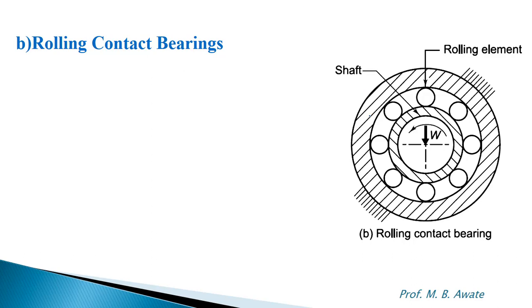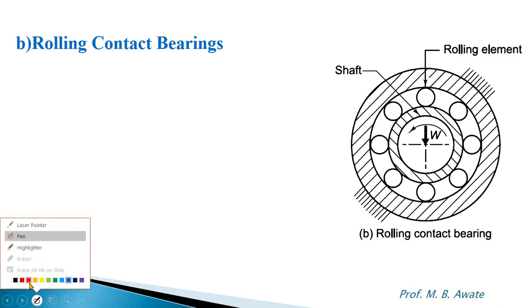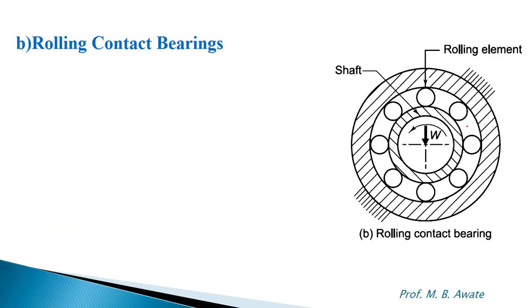So this is a figure of rolling contact bearing, and just now also we have seen the terminology of rolling contact bearing. Here you can see this is the inner race and this is the outer race of the bearing, and in between the inner race and outer race these are the rolling elements which are placed. Okay, and here the type of contact between the two elements is of rolling type, that's why it is called a rolling contact bearing, because the rollers are placed in between them. Now we will see in detail.